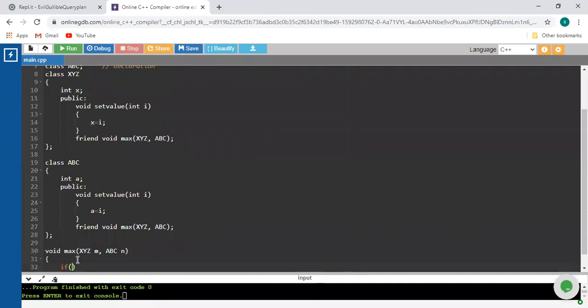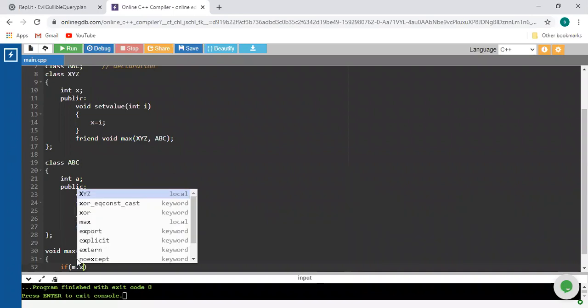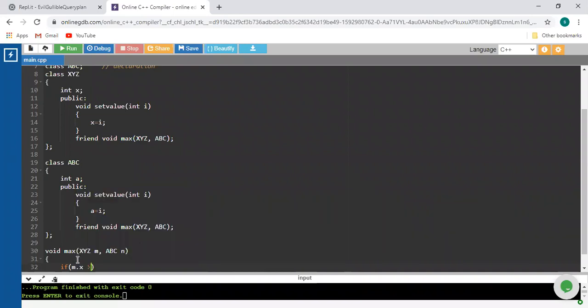Write the logic: with the help of that object, m.x is greater than or equal to n.a. From ABC we will access that private variable a, so n.a.